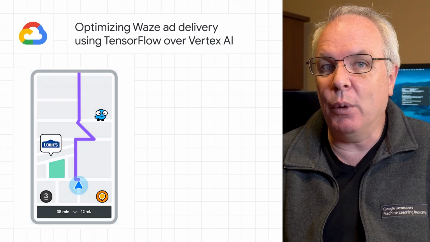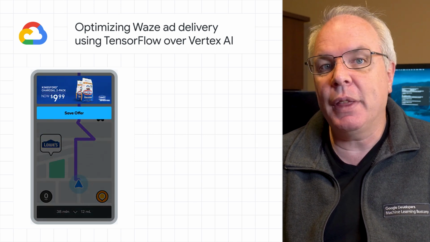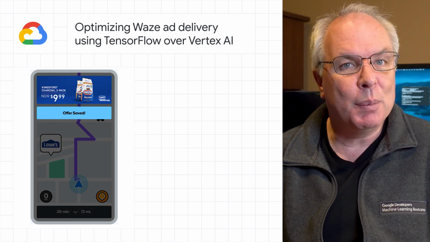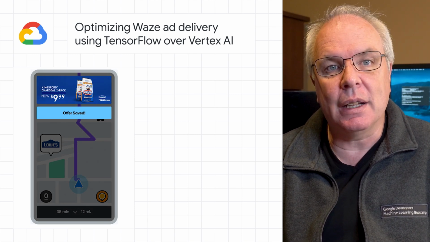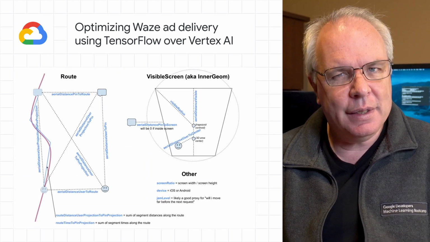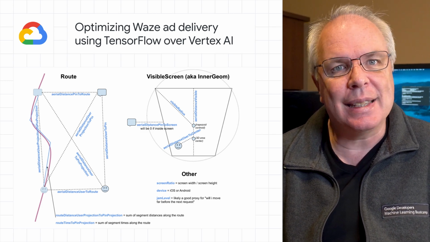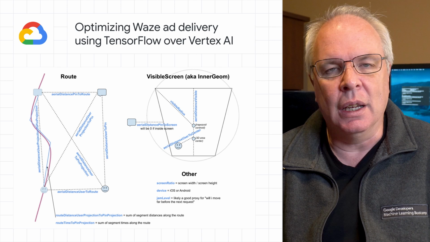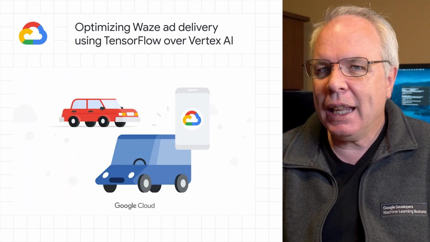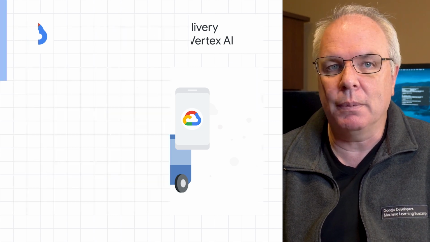If you've ever wanted to know how Waze ads work and what goes on under the hood, particularly in how they use machine learning to deliver relevant and timely ads, a new blog post from the Google Cloud team details how Waze used Vertex AI to achieve this. Now, this is a complex task given that the user is in motion, and the goal of the pins in Waze is a little like a store sign to remind you that a business is on or near your route. You can learn how they achieve timely and relevant delivery of these in the post link below.